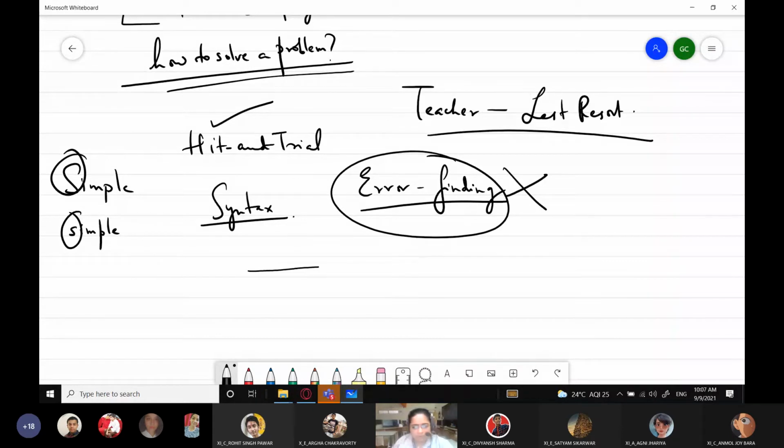Am I not following any particular rule? Or have I used a digit before, or have I started the identifier with a digit, or is there any space within my identifier? So you check for all those things. The more you do that, you will automatically find them. Understood? So it will come like this, you will have to do hit and trial. You have to follow the method of trial and error till you get your answer.